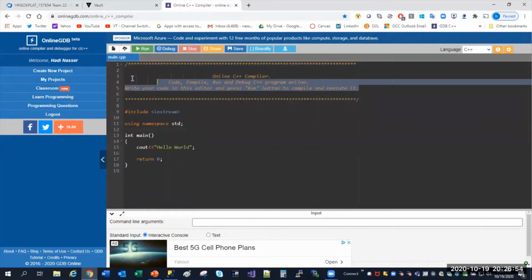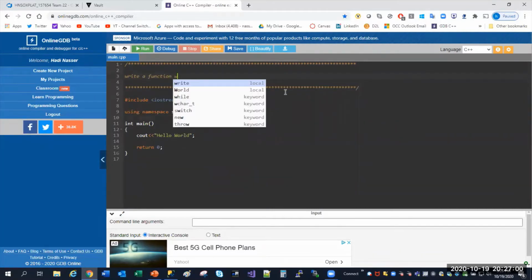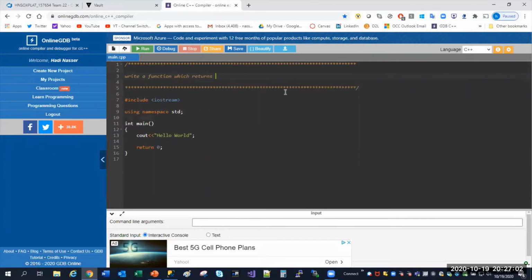Okay, let's say that we are told to write a function which returns, okay, so keyword here returns. So that means we don't want to use void, we want to use other than void. So something like integer, right? Or string, depending on what we are given. Okay, that returns max number. So we can immediately say it's either going to be integer, float, or double, either one of the numerical data types. Okay, max number of the 4